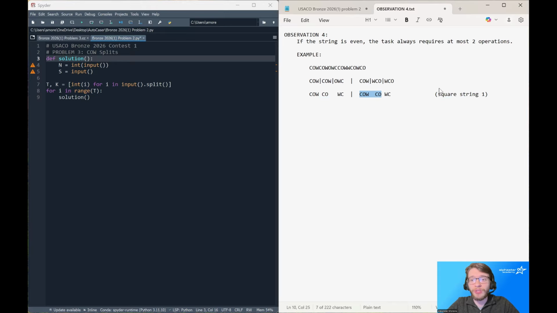And what we're going to see when we do this is that COW CO has the same beginning as COW CO on the right-hand side. So far, we're fulfilling the definition of a square string, where both halves of the string have to be the exact same. And then just to go through this example one more time,